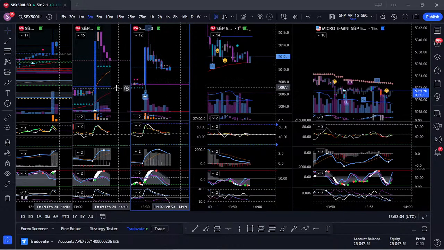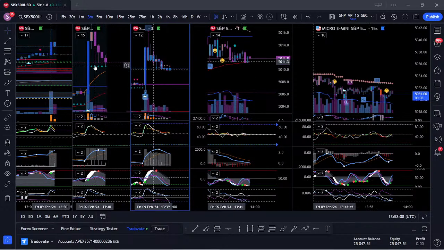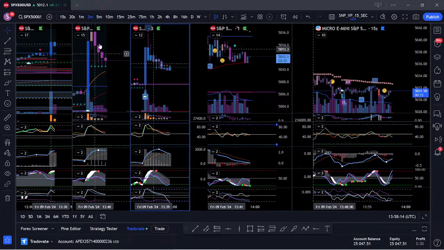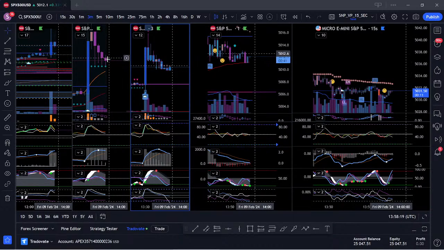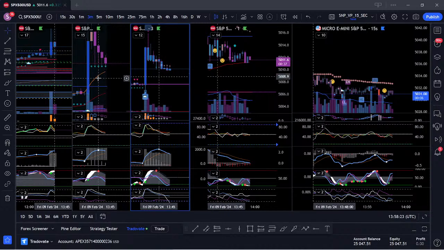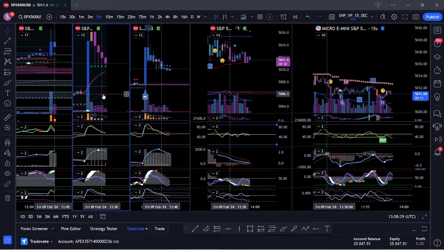Well, we need a confirmation first. At the moment, this ATR is blue, which is bullish. We cannot consider to sell until this goes into red. So I mean, this line should be above the price action, and the price action should go down. But at the moment, no. And especially this 21 weighted moving average, which represents